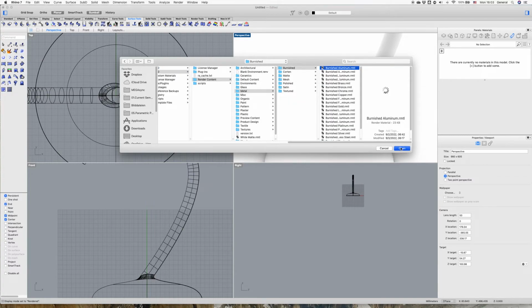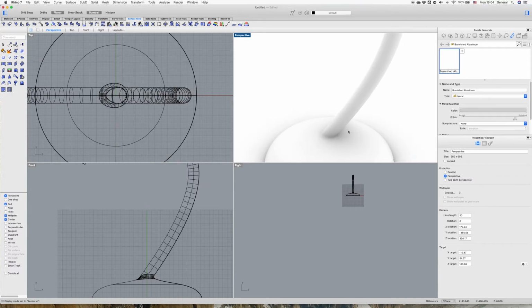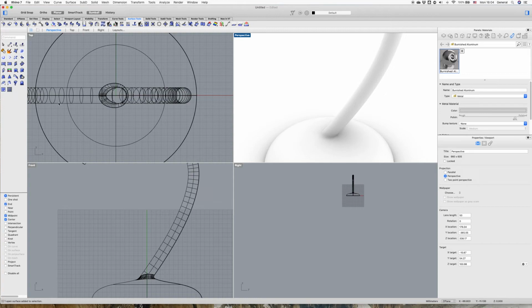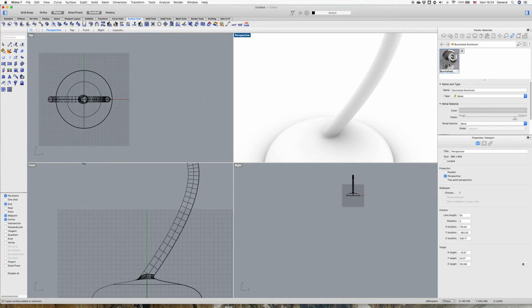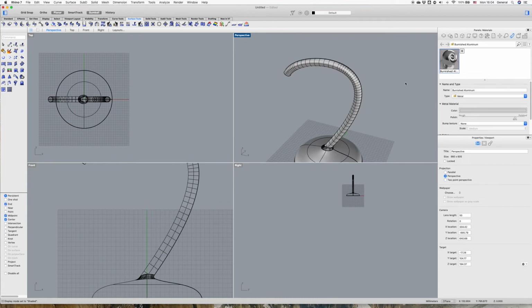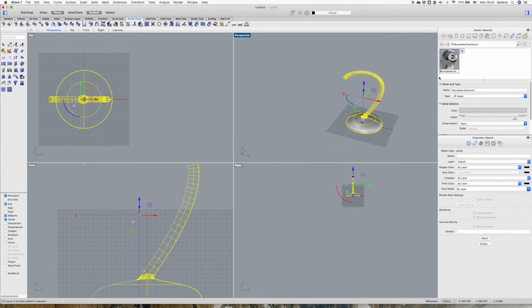Burnished aluminium is good enough. Let's open that one. And I have a rather slow computer. So we select everything. Let's get out of this to the shaded mode. And we apply